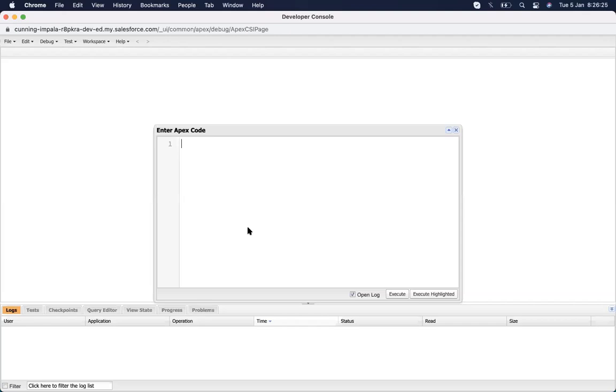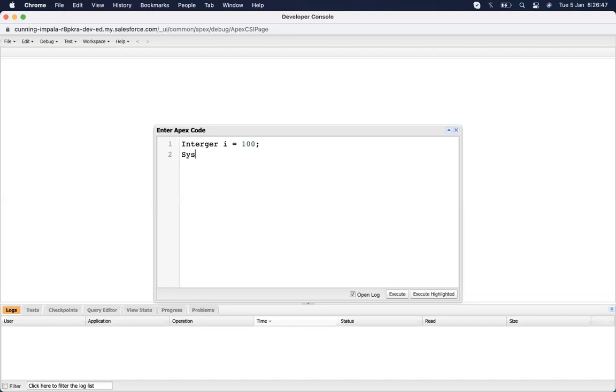Just like in other languages, we are declaring the variables. Suppose I need to check how to run and execute code from an anonymous window.